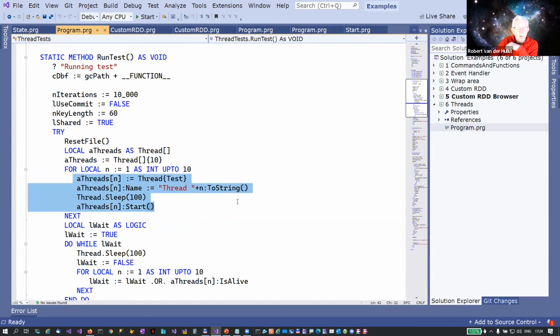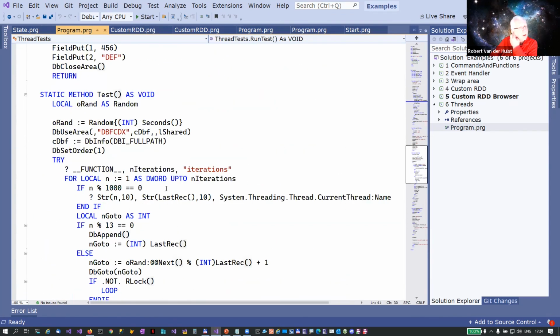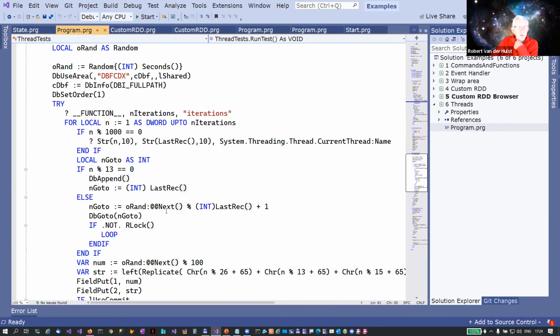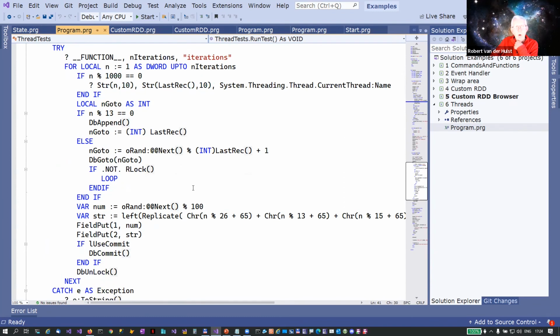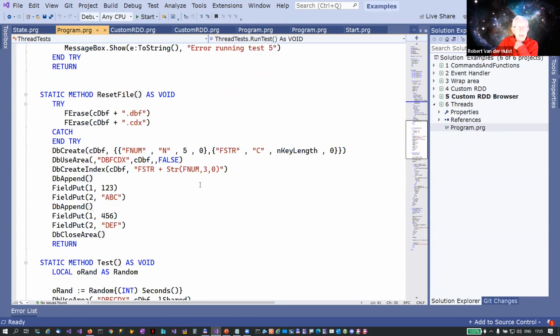Each thread has a method which is called test, and the test method is going to do a couple of iterations, and depending on the value, it's going to append a row, or it's going to go to a row and update it. And the sample uses DBF CDX. There's an index on the column that gets updated, so this really trashes a lot of data. And Chris wrote this because we had a problem, but it's also now a nice sample of several threads running